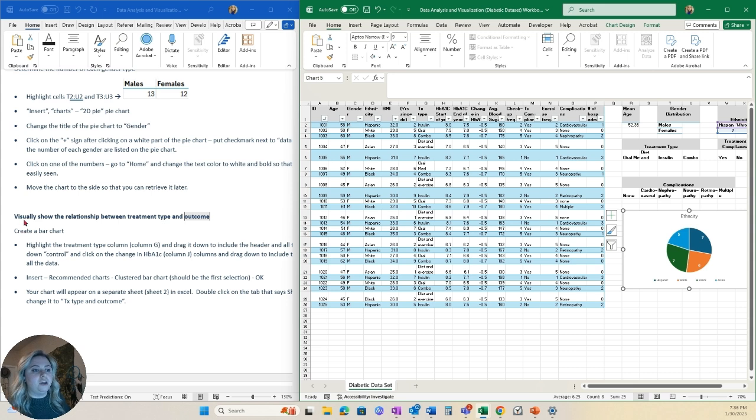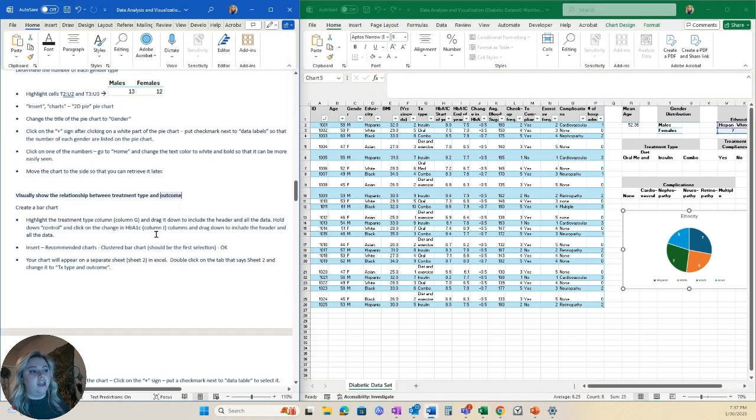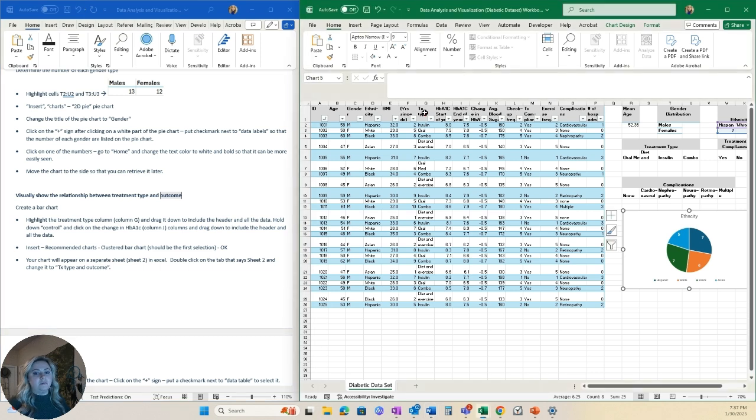So our goal here is to show the relationship between treatment types and outcomes. So we are going to create a bar chart. To do this, we are going to highlight column G and highlight column J. To do this, we will start at column G, and I want to be at G1. I'm going to left click and hold at G1, and then drag it all the way down to G26. Release your left click